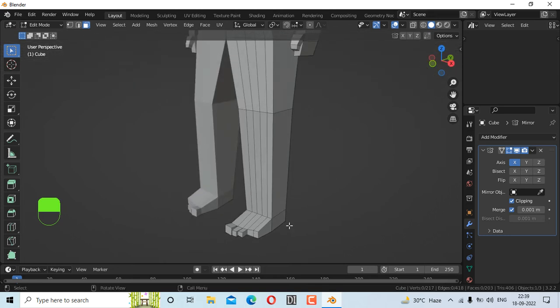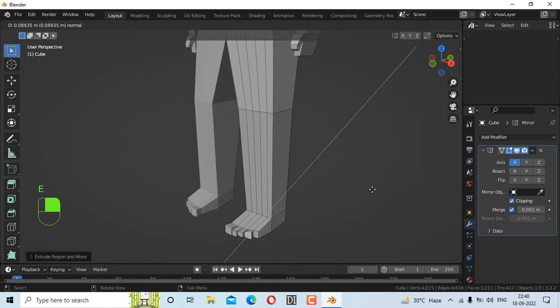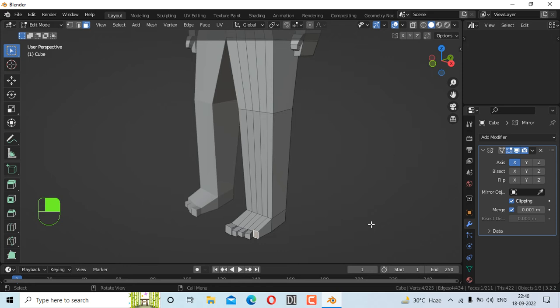Fine, and now we can scale it and extrude this finger, and the last one, it should be